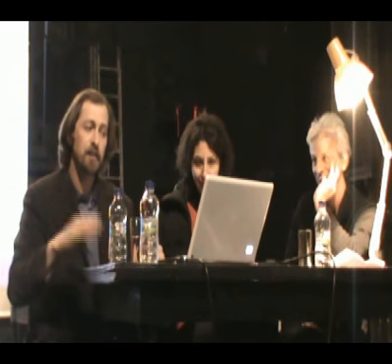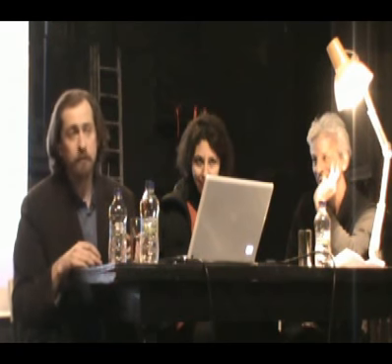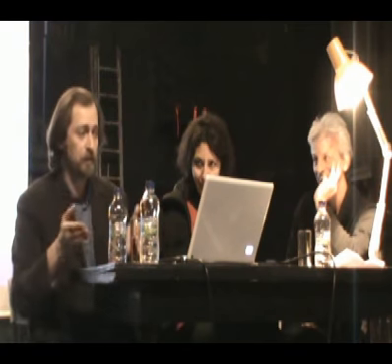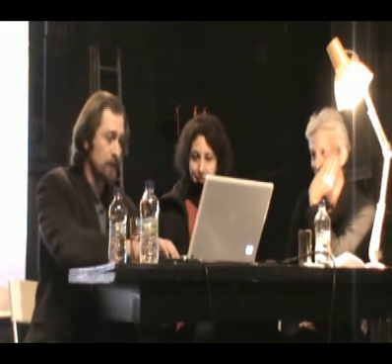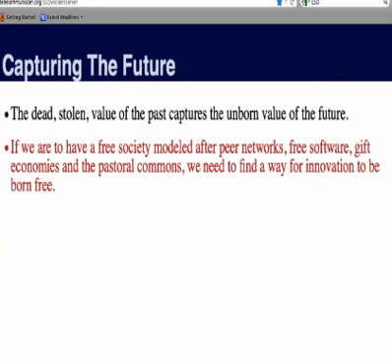Very, very short, exchanging the future value of what they create for the present wealth they need to get started. So if you have an idea for a fantastic new technology, you have to get financing for that technology. And in order to get financing for that technology, you have to deal with venture capitalists, and venture capitalists will only give you such financing if your system conforms to the expectations of venture capital, which means that they will only finance centralized systems, right? So in this way, the dead, stolen value of the past captures the unborn value of the future. So if we're to have a free society modeled after peer networks, free software gift economy,